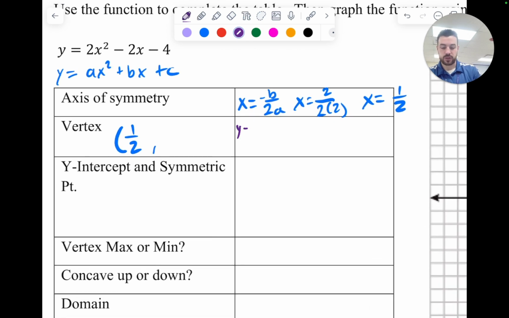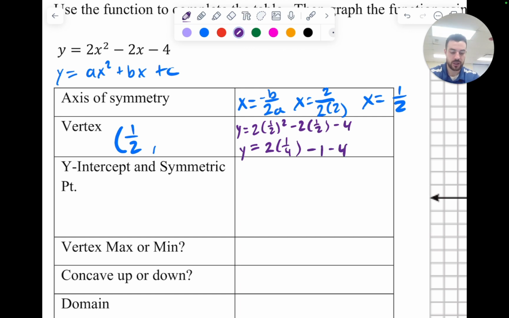So the y value will equal 2 times 1 over 2 squared minus 2 times 1 over 2 minus 4. So we get y equals 2 times 1/4 minus 1 minus 4. 2 times 1/4 is going to be 1/2. So 1/2 minus 1 will be negative 1/2, minus 4 will be